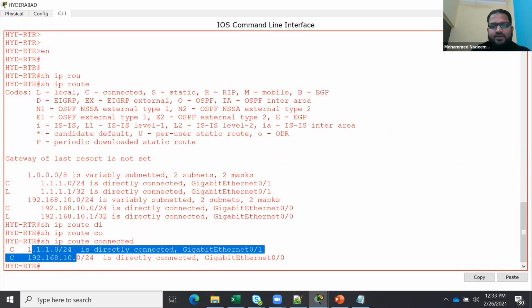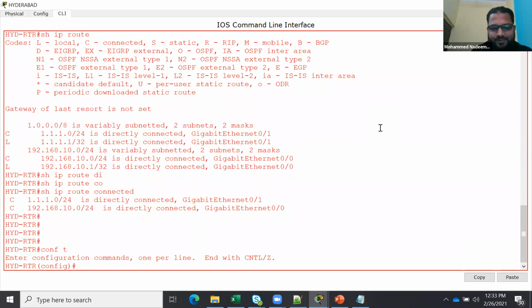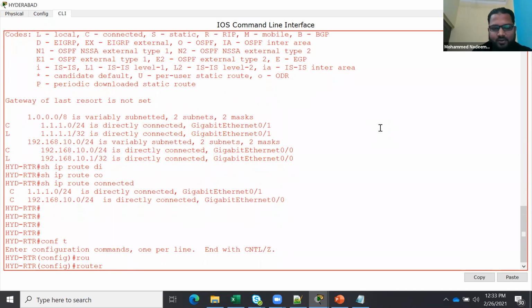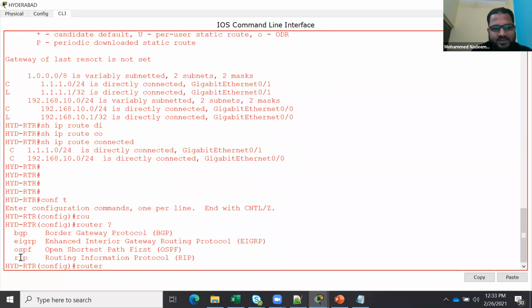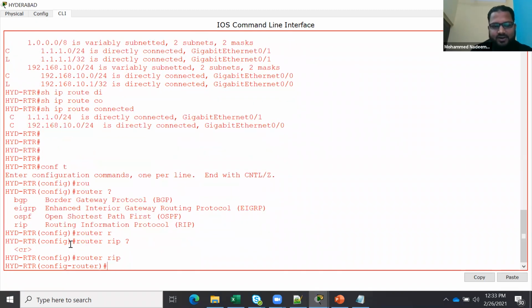So in routing protocols, what do we need to do? If I go and check config terminal, router, question mark. Can you see the Packet Tracer supports RIP, OSPF, EIGRP, and BGP? 4 protocols. Even BGP, a few external commands are also supported here. You can do that for practice. So router rip, just say rip. Question mark. Done.